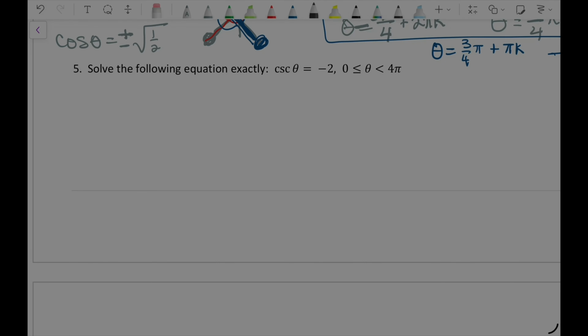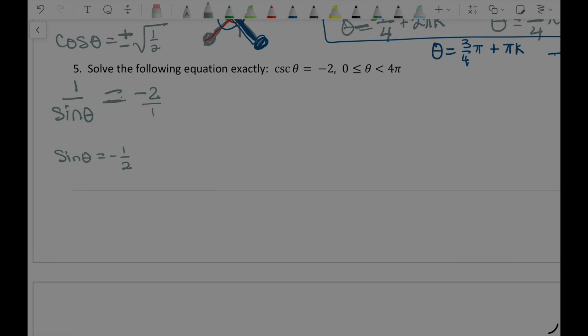So instead of cosecant, we will go 1 over sine of theta equals -2. Now, this 2 is over 1. If I reciprocate the left side and I reciprocate the right side,